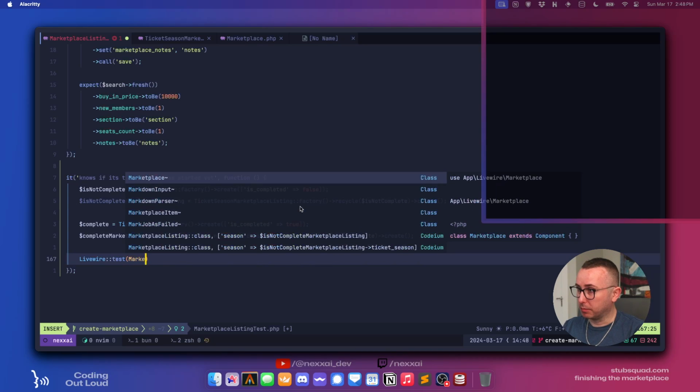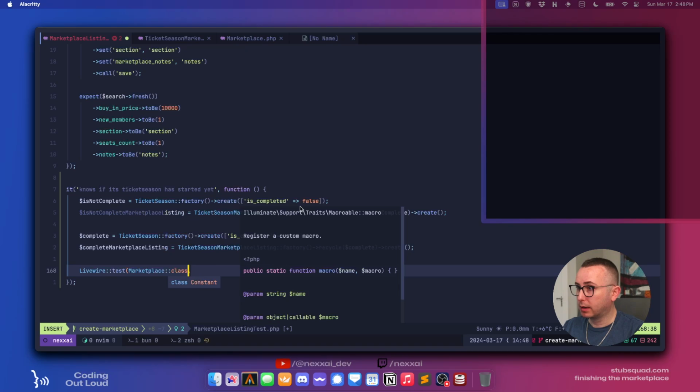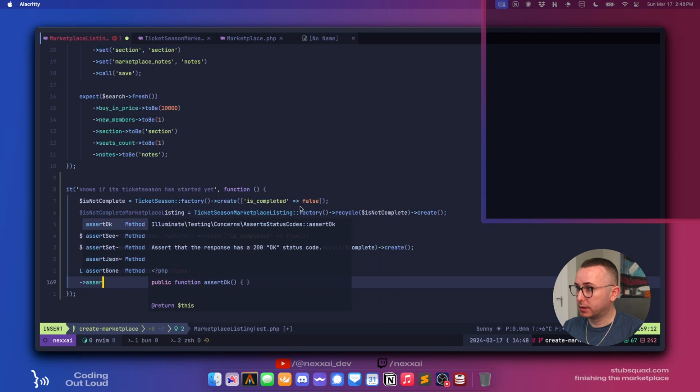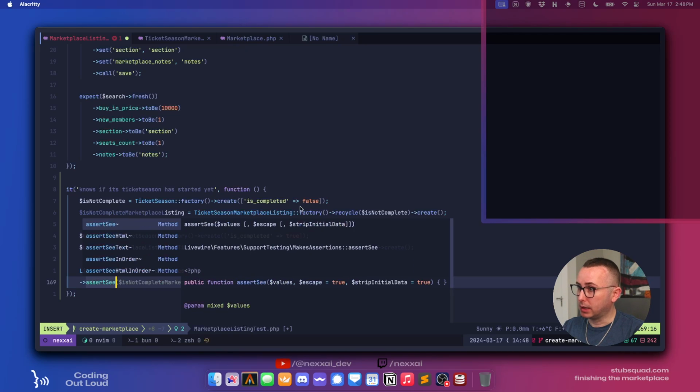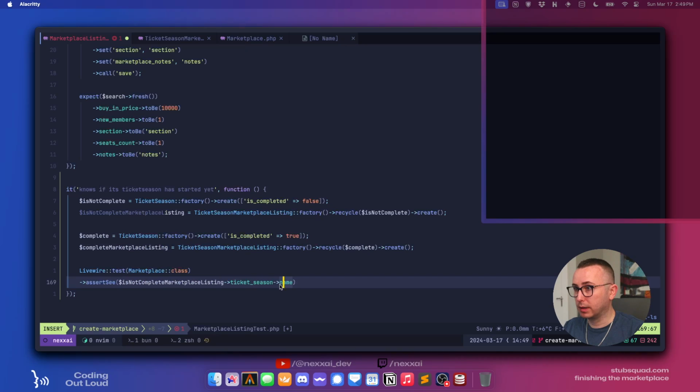Which one is this going to be? Marketplace class. Yep. We want to assert C. Sure, I don't think ticket season name is a thing, so we're going to say ticket season.